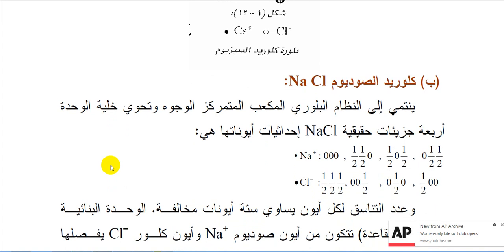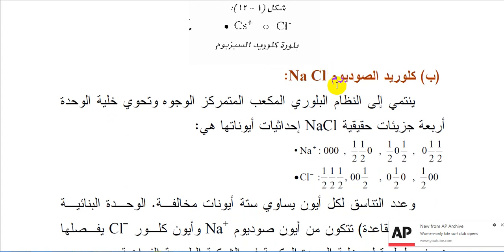المثال الثاني على الشبائك البلورية. The second example here for the crystal lattices is sodium chloride. Sodium chloride هو النظام المكعبي لملح الطعام, لكلوريد الصوديوم. The sodium chloride is actually a face-centered cubic crystal lattice structure system. يعني كلوريد الصوديوم هي وحدة خلية مكعبة من النوع مكعب متمركز الوجوه, and the unit cell contains, as you can see, segments of NaCl with the ion coordinates, يعني إحداثيات أيوناتها هي كما ترون أمامكم.